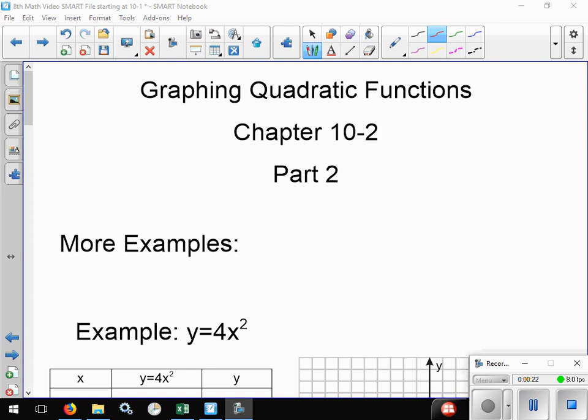So you have the St. James heading at the top. Graphing quadratic functions, you underline that in red. Chapter 10, section 2, underline that in red. And then part 2. We need more examples. We need more practice doing this. Okay, so